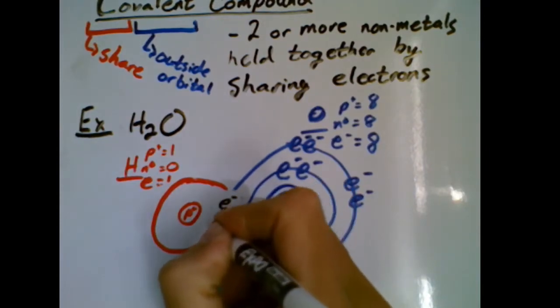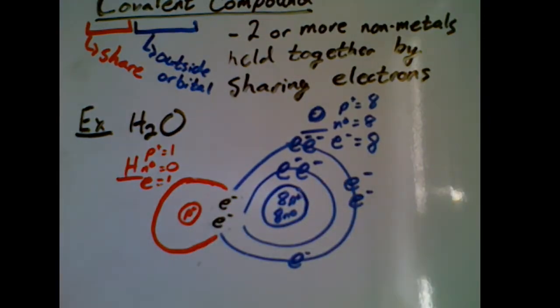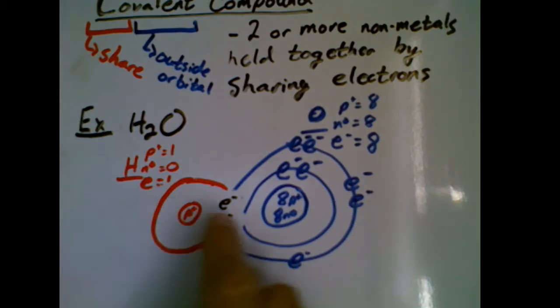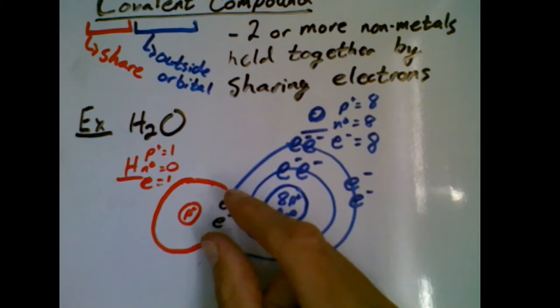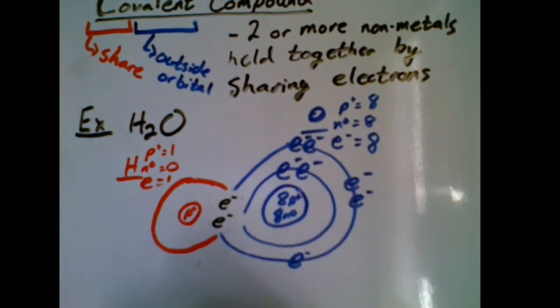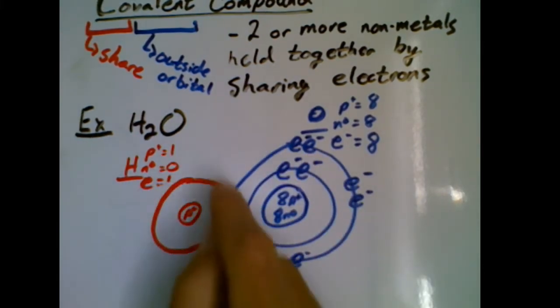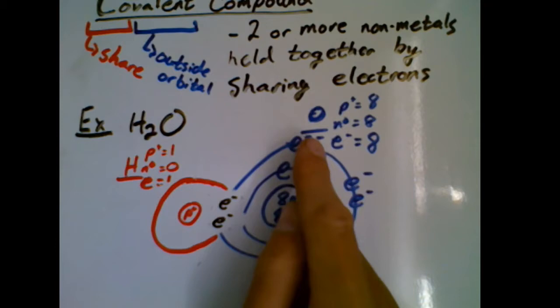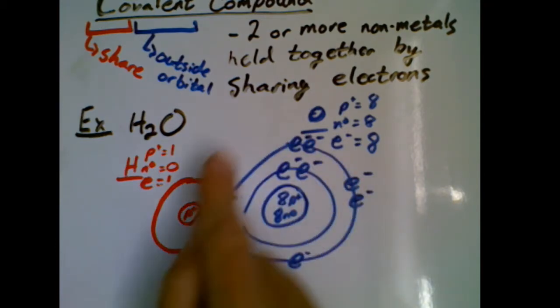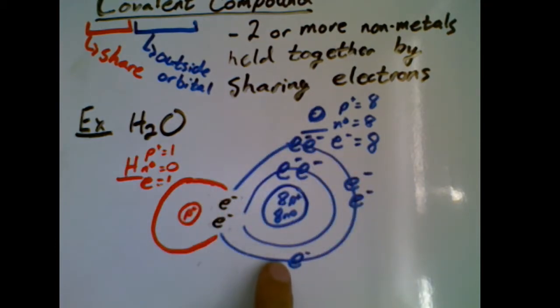1 came from the oxygen, 1 came from the hydrogen. So now they're held together because these 2 electrons are kind of stuck both with the hydrogen and with the oxygen. By doing this, they both have a full outside orbital. Hydrogen has 2 electrons in its first shell. And oxygen, well, it's not quite full yet, but we can fix that